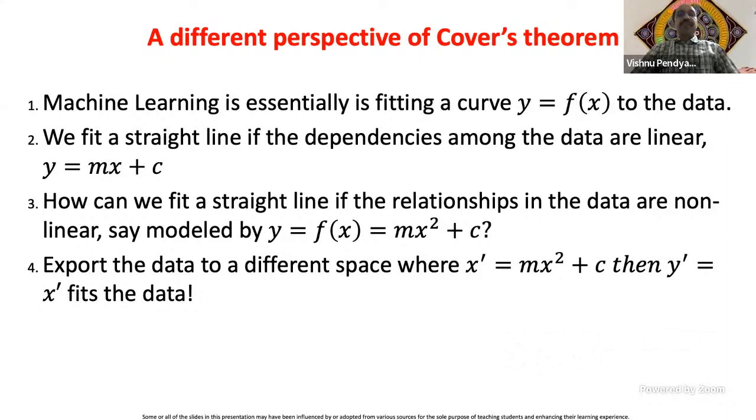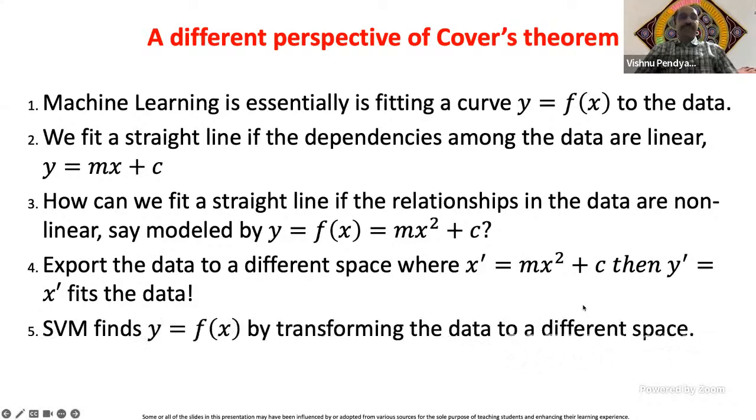Then the new y dash will be equal to x dash, right? In the new plane, it will again be back to a straight line in the new coordinate system. So that is the idea. That is basically what we did in Hilbert's theorem. I mean, not what we did, but that provides you the intuition for Hilbert's theorem, right? When you express x dash as whatever was y in the previous model, you basically come up with a linear classification. So that is the idea.